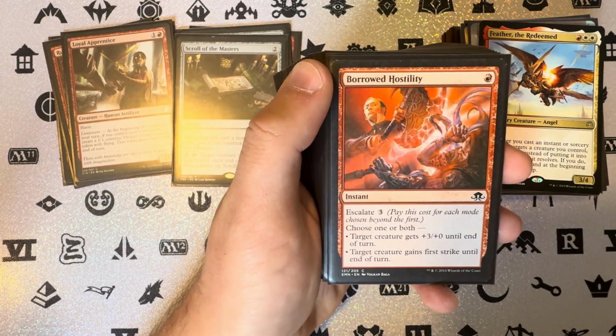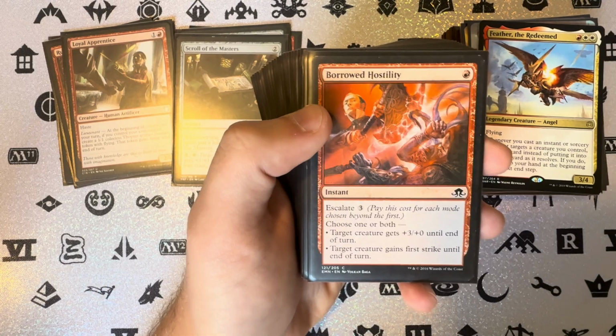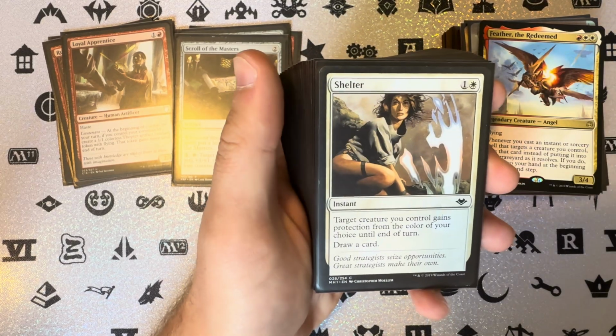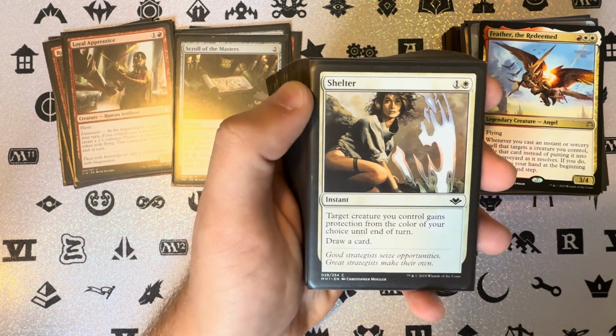Target creature can get +3/+0 or first strike, just depends on what you need. If it's blocked, you give it first strike. If it's going to deal the combat damage, give +3/+0. Shelter: target creature you control gains protection from the color of your choice, and then draw a card on top,